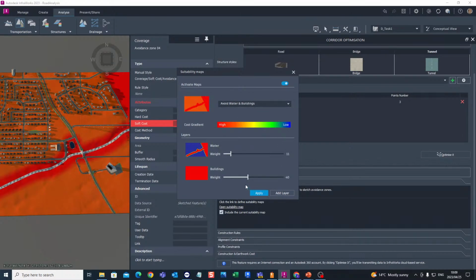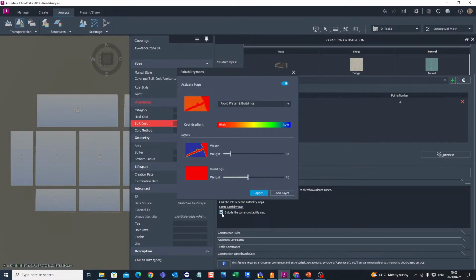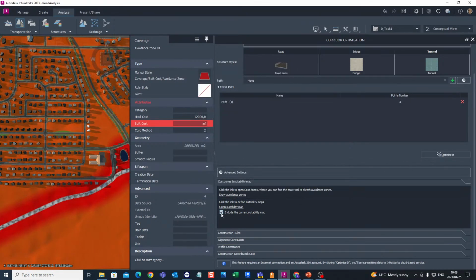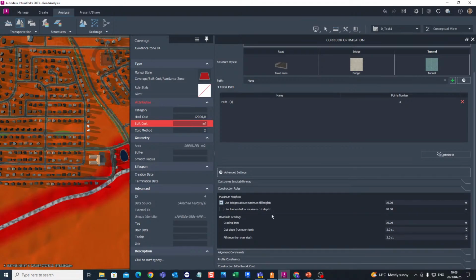There's the settings for that. If we apply that, we can also include the current suitability map. If you take that off, then it wouldn't include it, but if you include it, it would include that there. We've got some construction rules